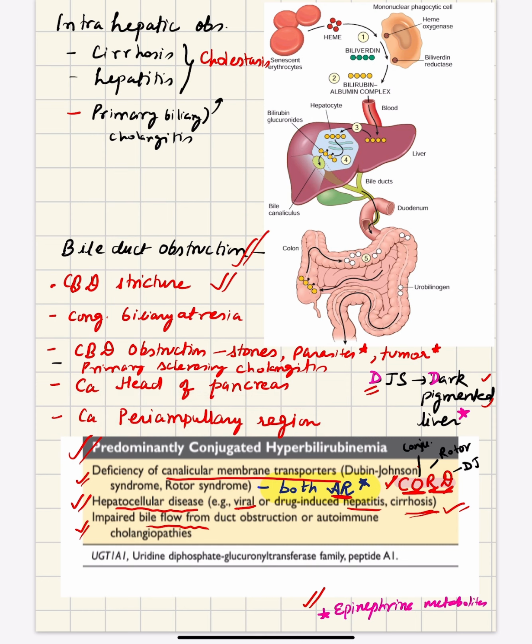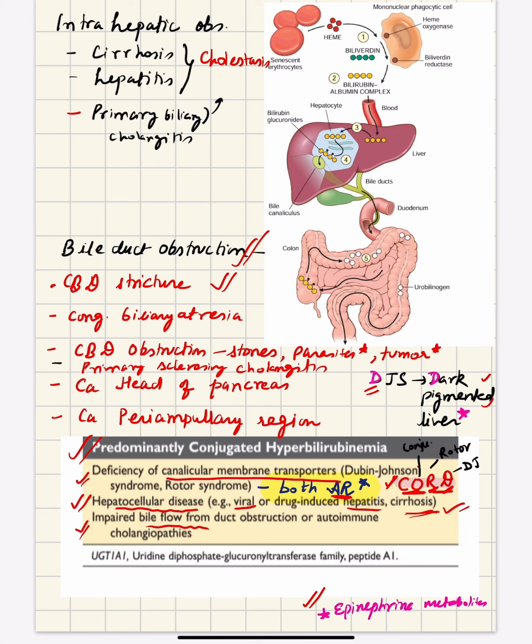So when the bile duct terminates in the ampulla of Vater and opens into the duodenum, this region is known as the periampullary region. It consists of part of the duodenum, then the ampulla, the common bile duct, and the head of pancreas. So a tumor can occur in all these regions, this periampullary region, and that will cause the obstruction of the bile duct. So that can again lead to obstructive jaundice.